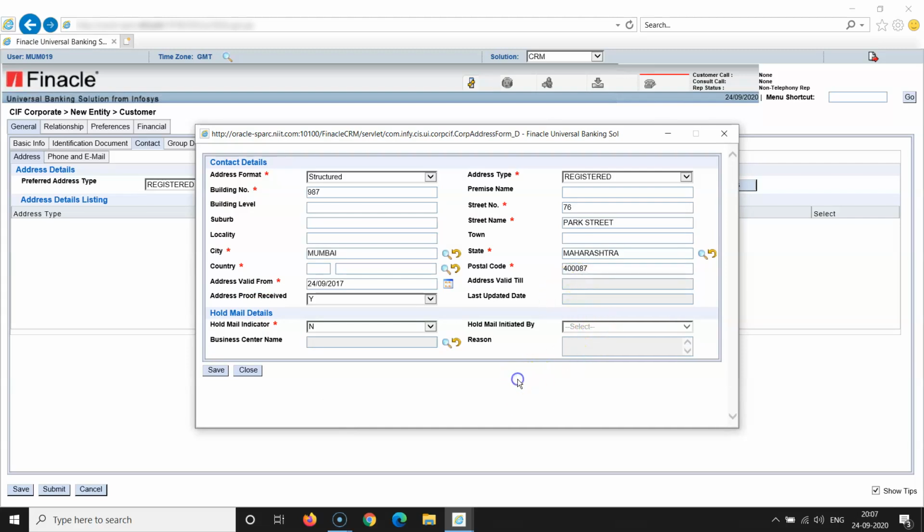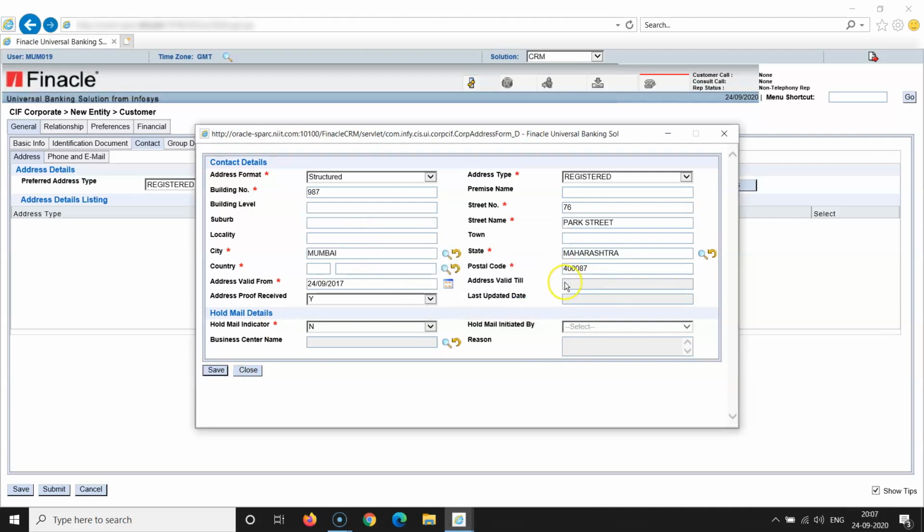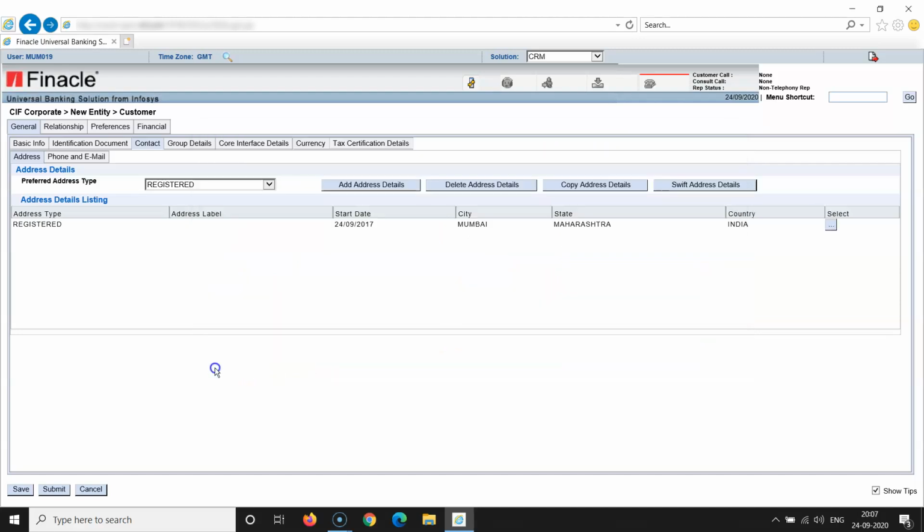So this is essential. I hope nothing is remaining. Let's save here. Country is mandatory, I'm forgetting everywhere, unfortunately. IN, it gives me a warning. Save here, right? So this is done. Now phone and email IDs, this is essential.